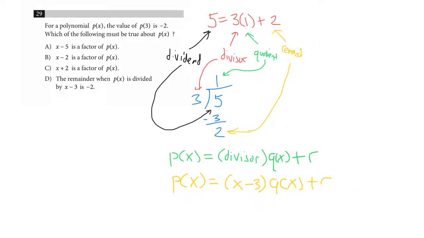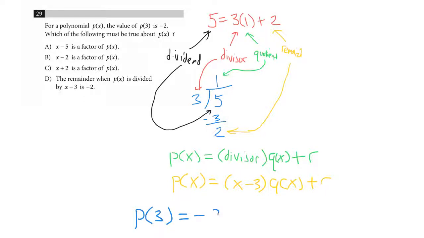And furthermore, they say that when it's p of 3, the value is negative 2. So p of 3 is apparently